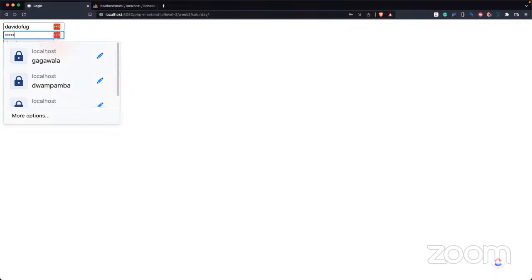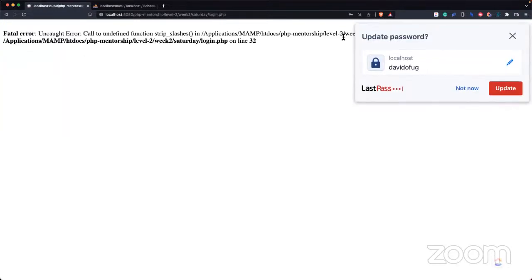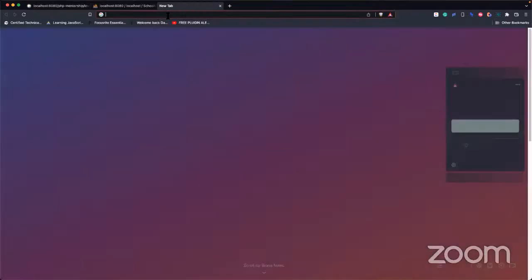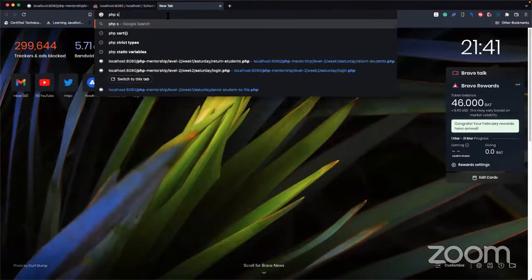Go to the browser, refresh, and then we enter David of UG and enter the password. Click login to continue, and you see strip slashes seems to be wrong, but I can just come here, PHP strip